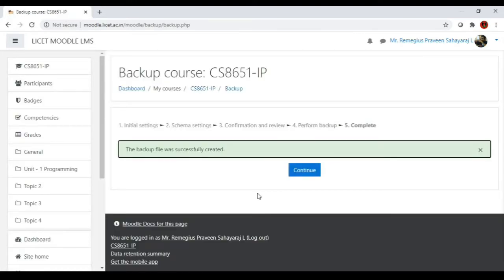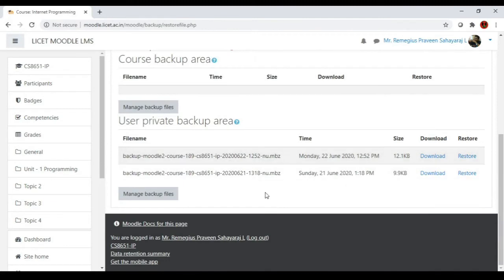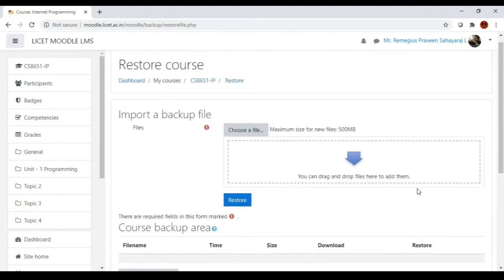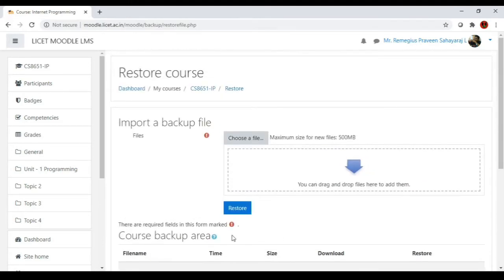As you can see, the screen moves to a loading stage where it has created a backup file for me. It says that the backup file was successfully created. Then just go for continue, where you can see the backup files in this interface. Already yesterday I have taken a backup, so that is shown here. Now the backup that was taken now is shown here. If you want, you can download this file and save it to your own computer, and you can use it for your future use. But as of now, I just leave it as it is.